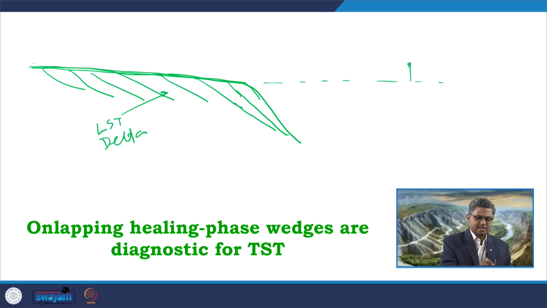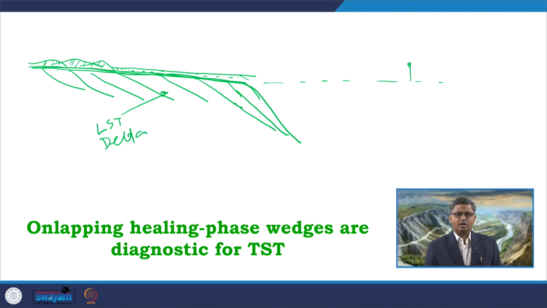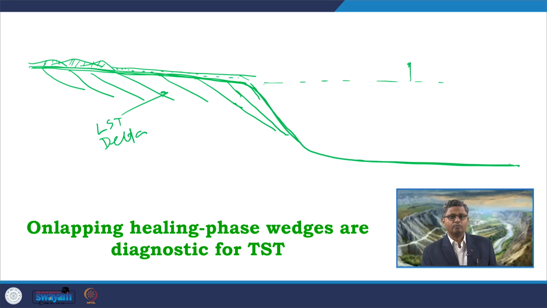Due to this rise in the shelf area, we can get this kind of sand ridges, and also we get the condensed sections. So, this is the condensed section forming in major part of the shelf, and this kind of sand ridges or the sand macroforms. Now, when we are getting this slope break, say for example, this is the slope break and this is the depressional floor. So, in this area we get these healing phase deposits forming wedge-like structures, and how do they get deposited?